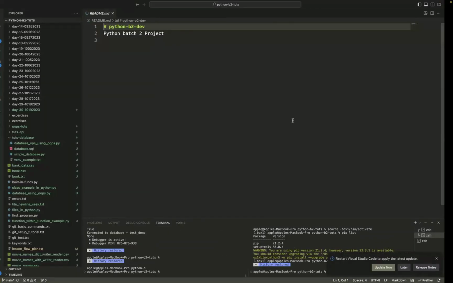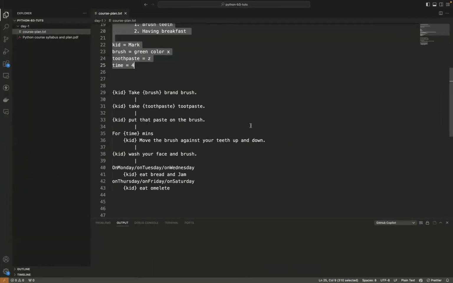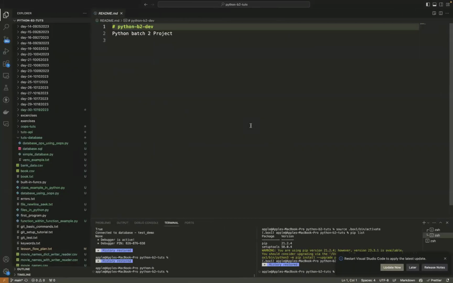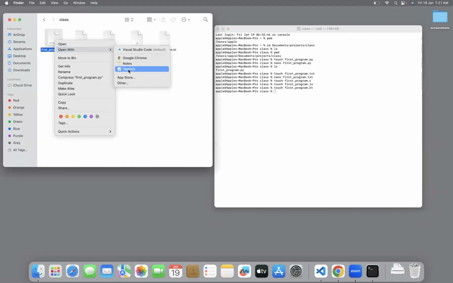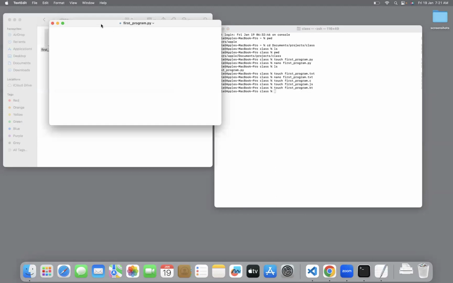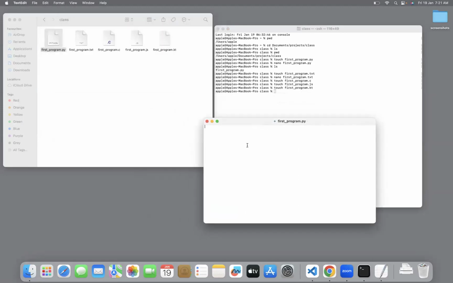Right, that's enough. Now we have different editors, different tools to edit your files. Just now we have seen options to open your file. Either you can open it with notes, you can open it with txt. I can just open this one here. I can write, this is my first line of code, something like that.